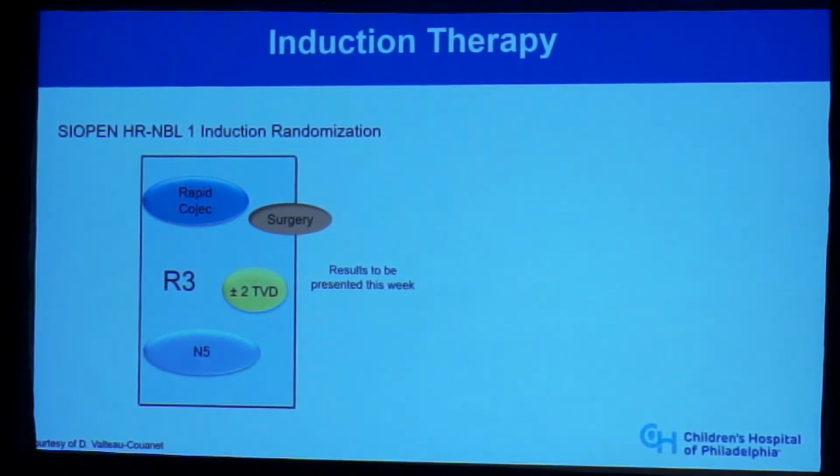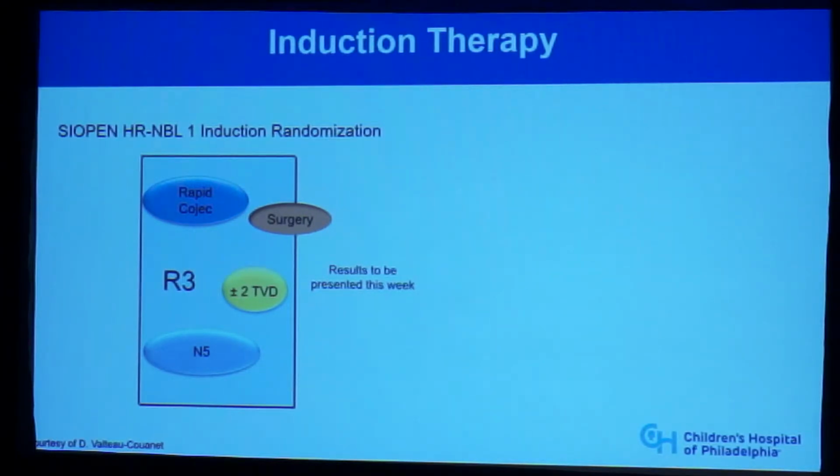So the rapid COJEC has been very successful in European hands and has improved end induction response rate quite significantly. But the SIOPEN group has continued to ask questions, particularly about how to improve end induction response rate and how to identify an induction strategy that will work most advantageously with all the therapy that follows, because certainly we don't stop after induction. So one of the questions that the European group has asked has built on the N5 regimen, which was originally developed by the Sloan Kettering group some years ago,